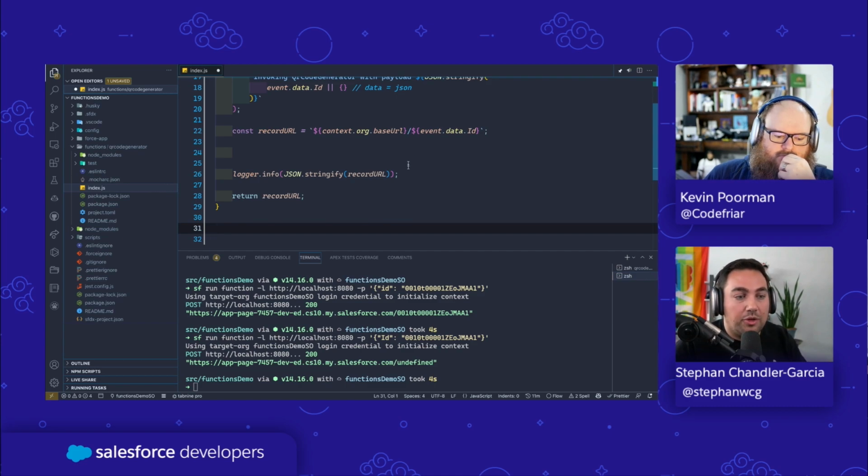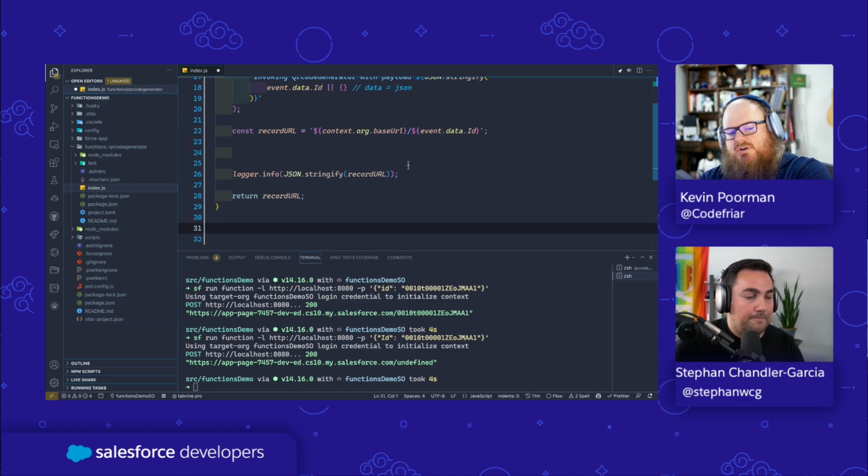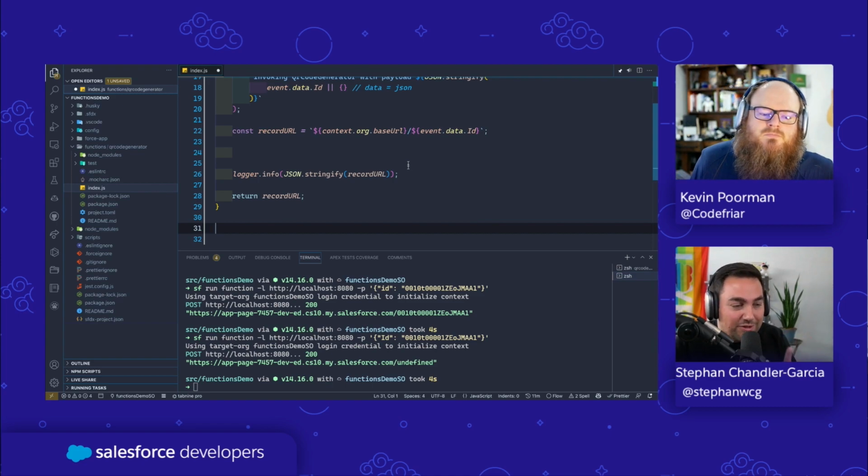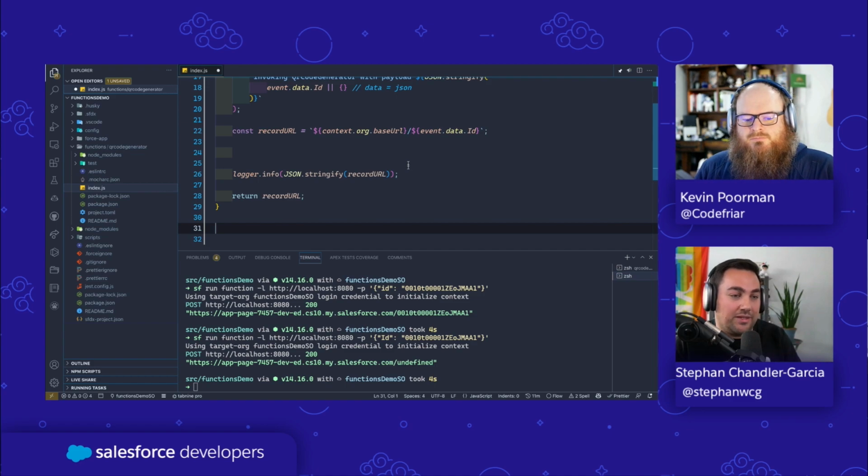A lot of the stuff that we will be doing in Apex. So what's a good heuristic for the length of our function? The function itself isn't going to be longer, really, than 20 or 30 lines, depending on the complexity. We're not working with a lot of code here. Functions are meant to do one thing well and one thing fast. And in this case, its one thing is to go and create the QR code